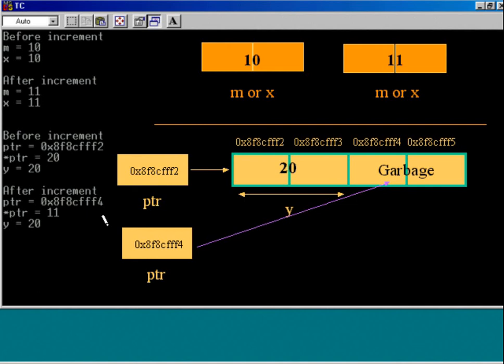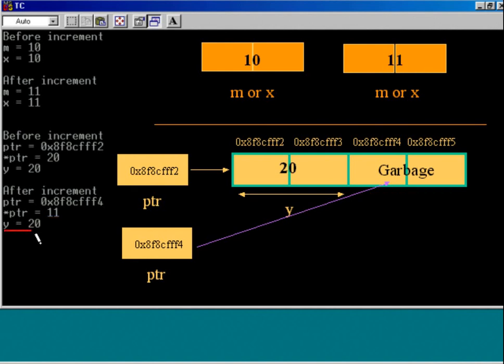So here our pointer is integer type of pointer, and that is why the incrementation is of 2 bytes. Clear this point? And hence after incrementation, pointer ptr is pointing to this memory location. Is it clear to you? Observe this 4. But this is a garbage. We have not initialized this memory location. It contains garbage, and that is why this 11 is displayed. Is it clear to you?